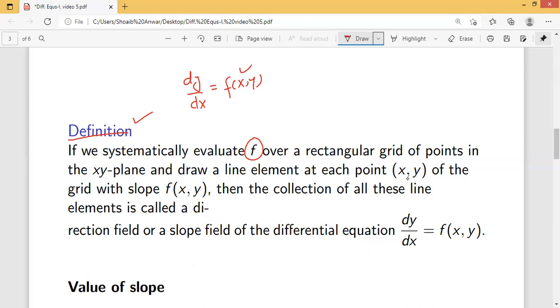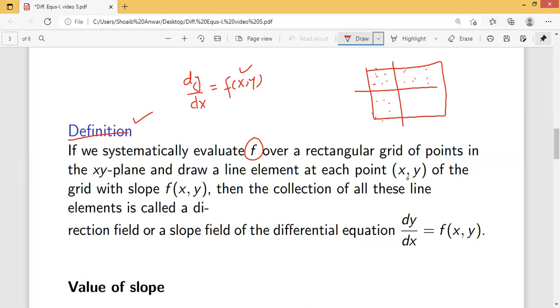If we systematically evaluate f over a rectangular grid of points, I mean if we have an xy plane and we have infinitely many points in that plane, which is usually written as a rectangular grid of points in the xy plane, and draw a line element at each point x and y of the grid with slope